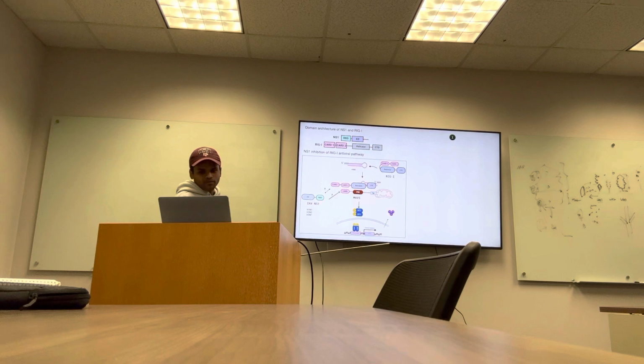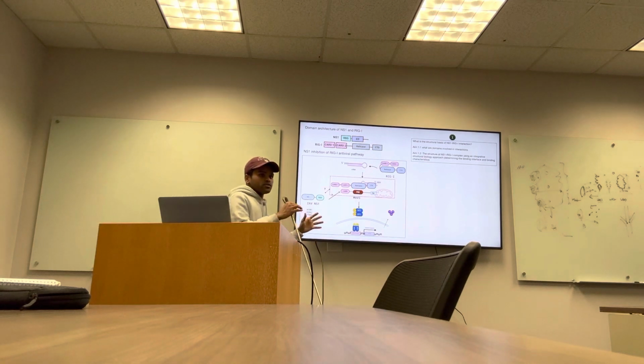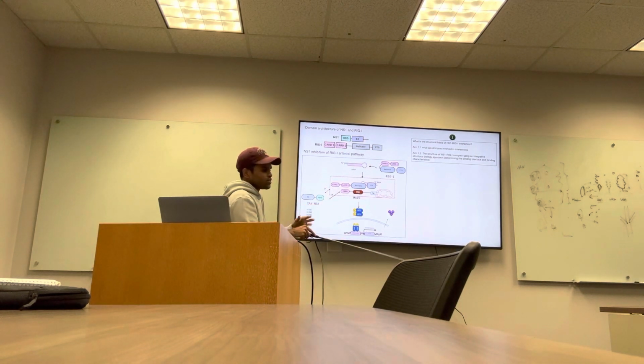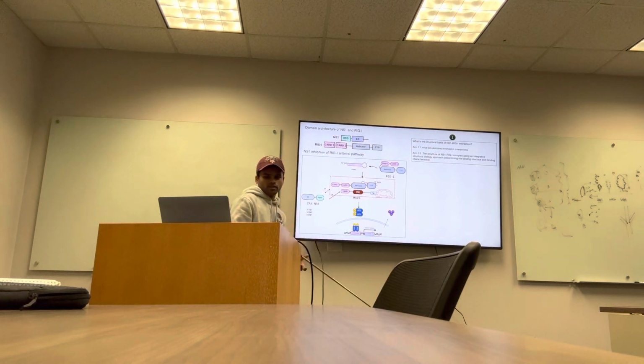Now there are many different proteins, and NS1 is known to inhibit a lot of different proteins, but we'll just focus on the interaction of NS1 with the RIG-I protein and how it inhibits this pathway. Coming to the first aim, it is to understand how NS1 interacts with the RIG-I protein, that is, the structural basis of interaction. That means to elucidate what domains of both of these proteins are involved in the interaction, as well as to determine the binding interface and binding characteristics.